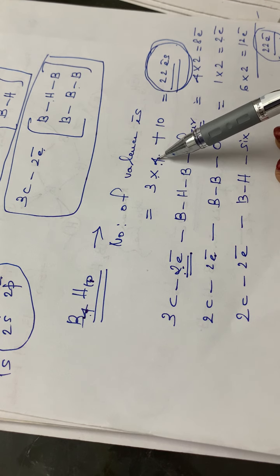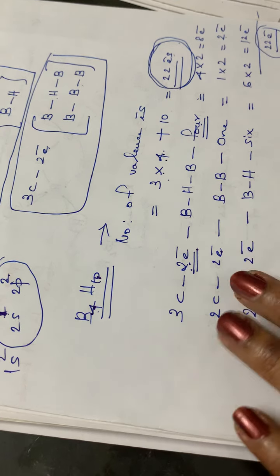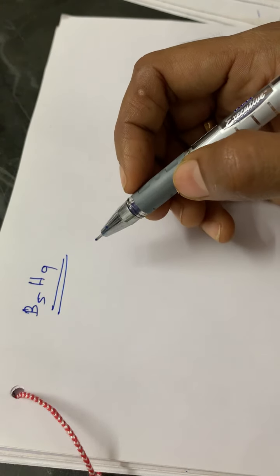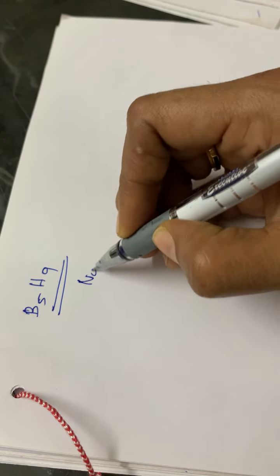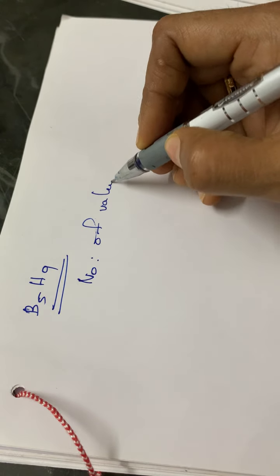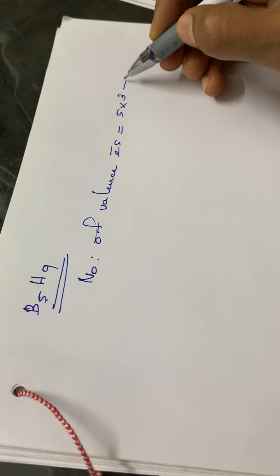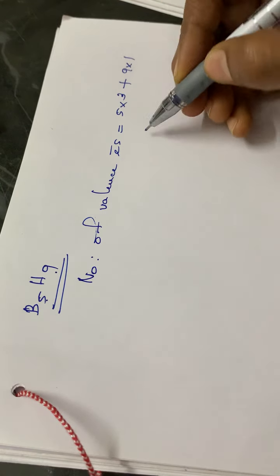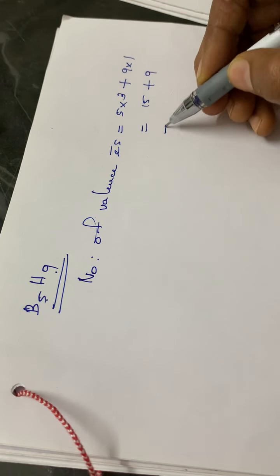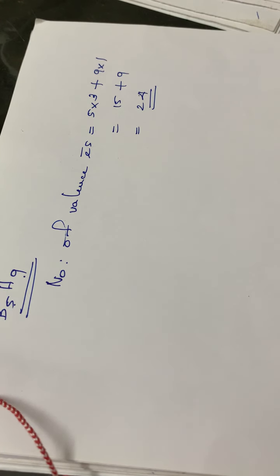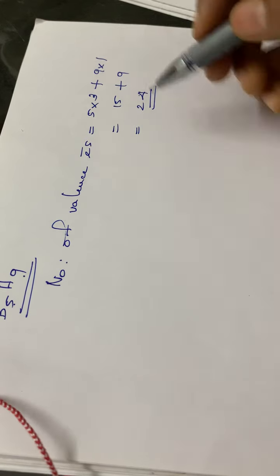So simply we can calculate in this method 3 to 4 plus 10. Okay. Then the next boron, that is B5H9. B5H9 means, see, the number of valence electrons is equal to 5 into 3 valence electrons plus 9 into 1. That is 15 plus 9, that is equal to 24 electrons. So here, how are these 24 electrons coming?